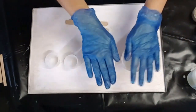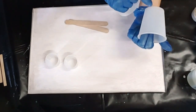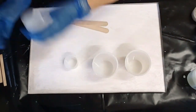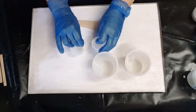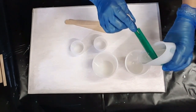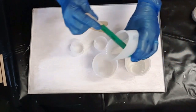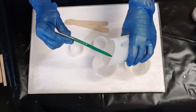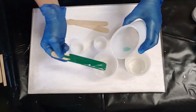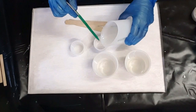Okay, so now that I've done that, I will use two of these larger cups, which are probably about 250 milliliters, which is about a cup, your coffee cup, and a couple of these little ones as well. So here we go. The first color is going to be the Sapphire Blue, gorgeous color. Then I'm going to need a little bit of this Turquoise Blue, all by Le'Rez, and you can see that I'm using that spout. I need a little bit of white. I don't want too much of the white,